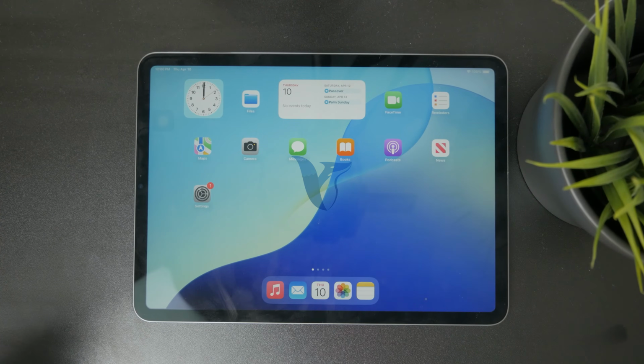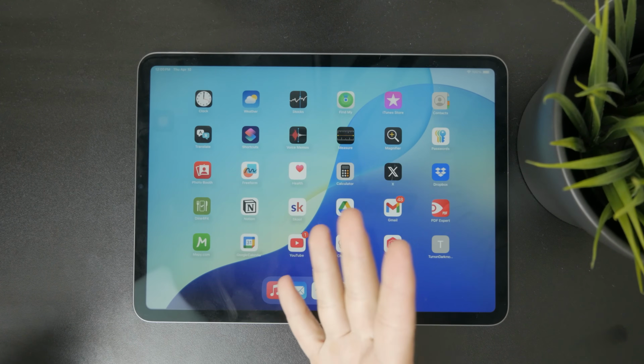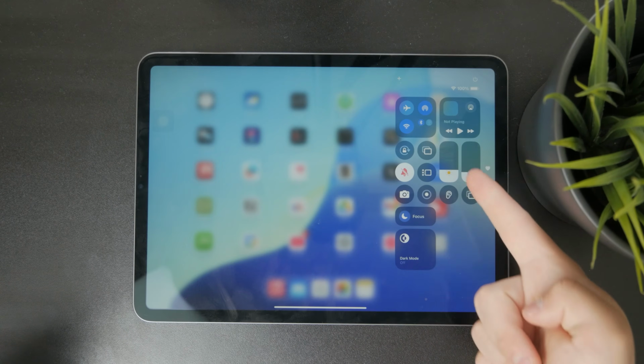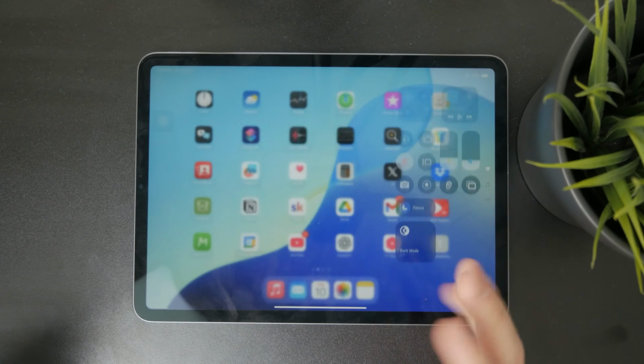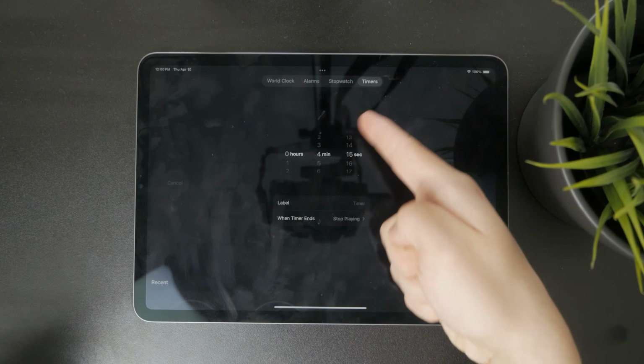So this is how you can set a timer on the iPad to shut it off. Let's get into it. Naturally, it depends on what exactly you mean by that, because there are a few different approaches. The first one is if you want to just turn off and stop playing the music. For that purpose, you can use the Clock application, where you head over into the timers and set up